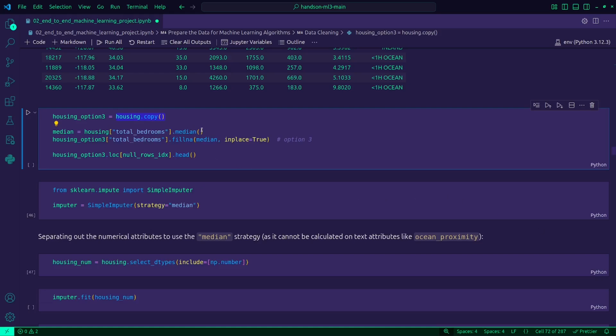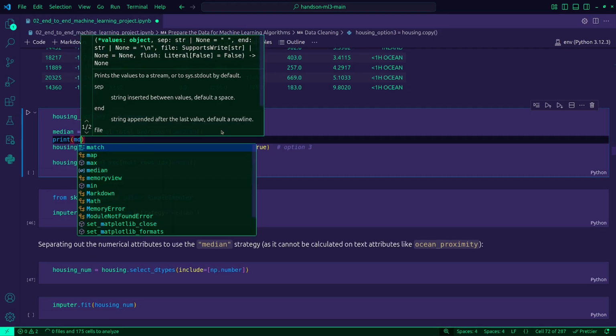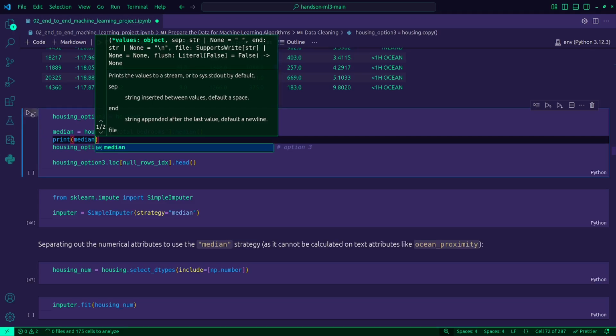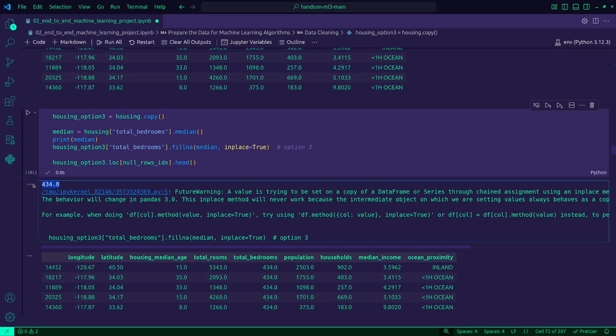Then we take our total bedrooms and calculate the median. Why is the median used? In order to avoid being skewed by outliers. That's why we picked the median.